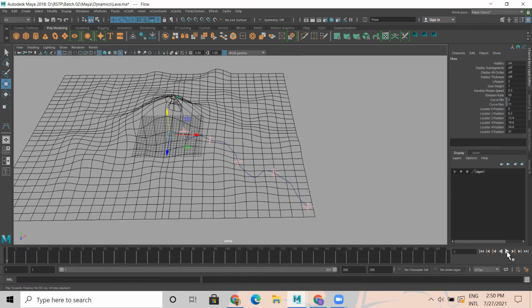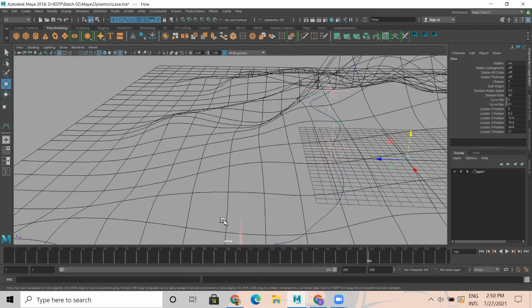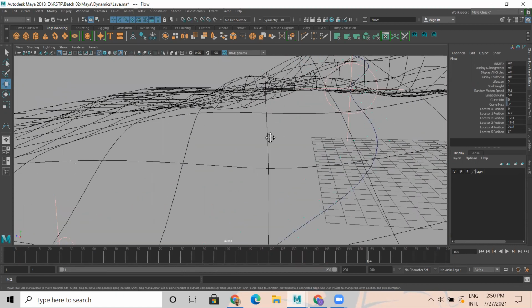I'll play now. You can see the particle is getting birth here. The particle is traveling all the way through the curve as it has been built, and it dies here. Particles are not going anywhere apart from this particular curve. It flows on top of the curve. Okay, like this. Got it? You're able to see the particle, right?